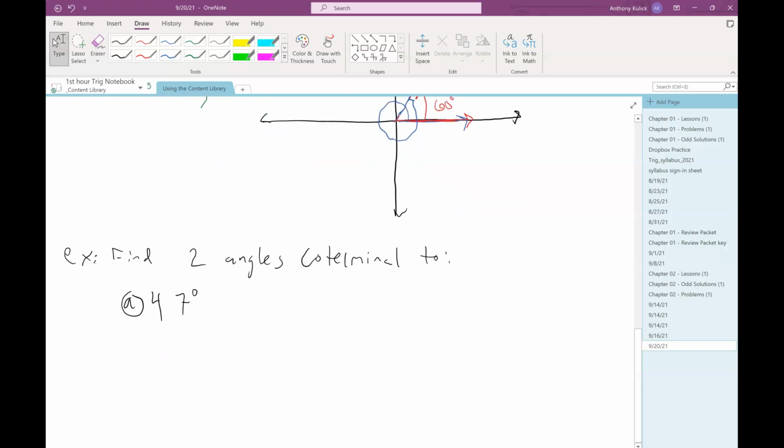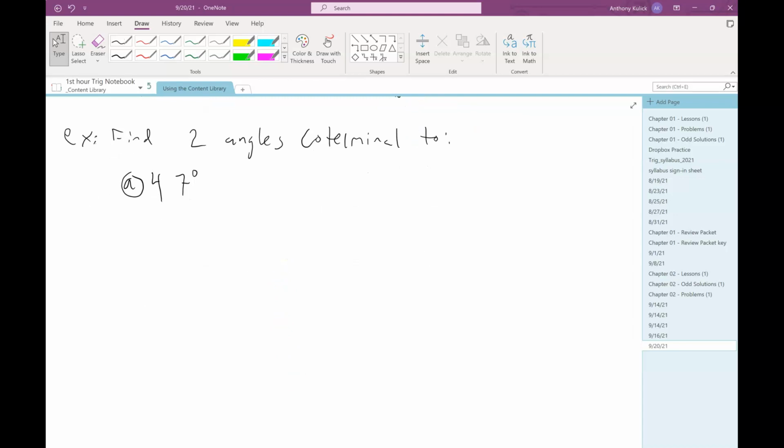So let's say we want to find two angles that are coterminal to 47 degrees. I'm going to draw a little bit of a picture to illustrate what's going on. It's not necessary to draw the picture, but as we're still learning and getting comfortable with the definitions, the picture helps justify what we're doing. But it's not a necessary part of answering this question. I want to do it just so we're visualizing things